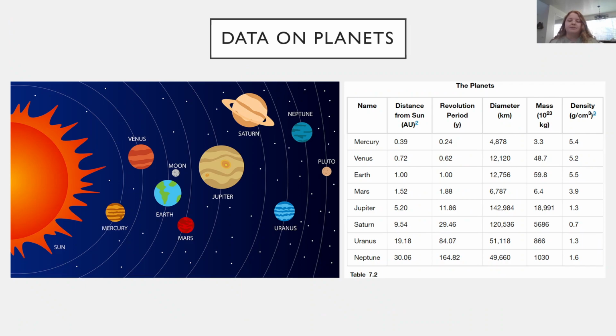All right, so here is a bit of data on the different planets. I'm not going to go through everything, but just point out some main ideas here. So again, this is another depiction of our solar system, or the solar system. And these are the names of all the planets in order, closest to the sun. So we have the distance from the sun in AU, which remember that AU is astronomical,